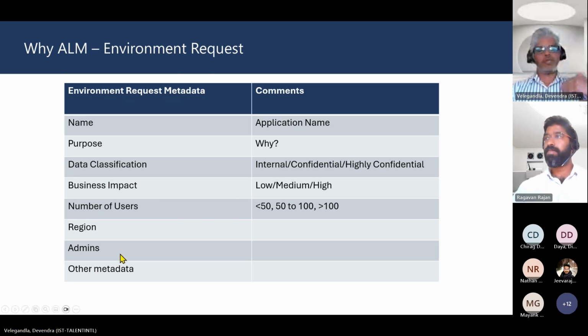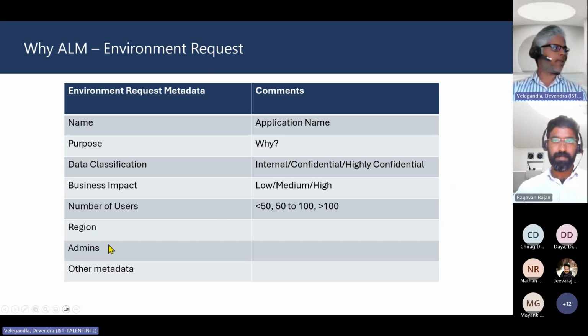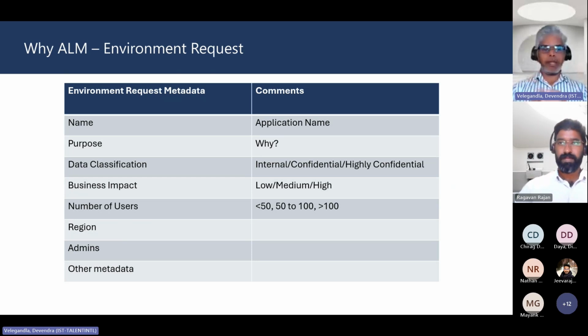And you would ask, who is going to maintain these applications? Admins are very important. And then there could be other metadata that is going to be useful for your organization. It could be department, function, even you could ask for value generation. So this is going to set the foundation for managing the applications, based on which either you could provide them